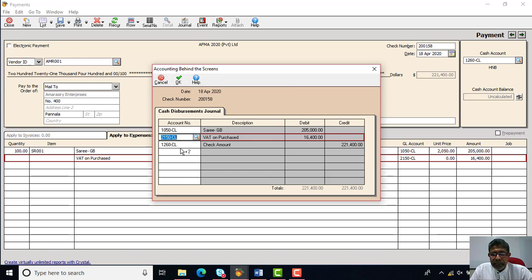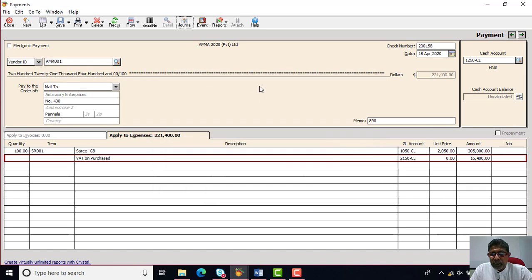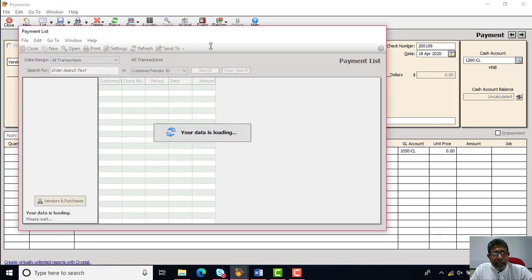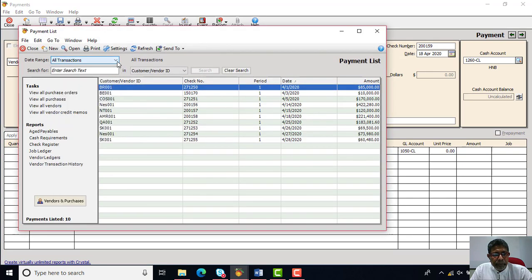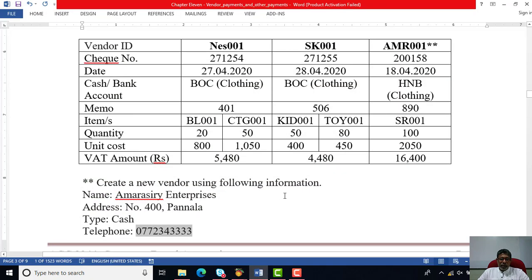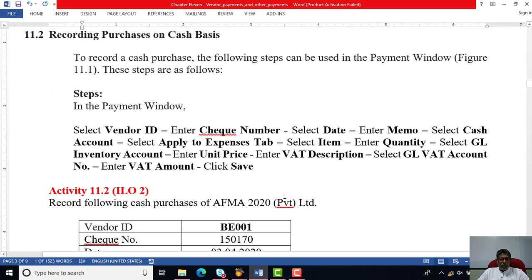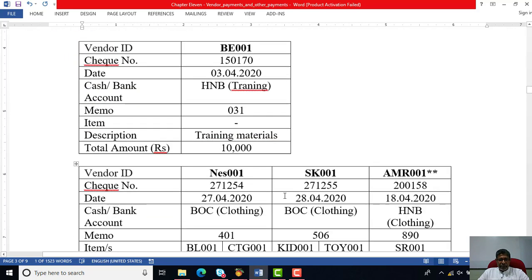All accounts are from the CL business, right? So that will be the final transaction. Save that and update your ledger. Now go back to your list and see the updated list of all the payments. At the moment it is updated to 10 activities. So all of you need to have all these 10 invoice payments, various kinds of payments made to the suppliers. That will be section number 2, whereby we can see how to purchase the item on a cash basis.